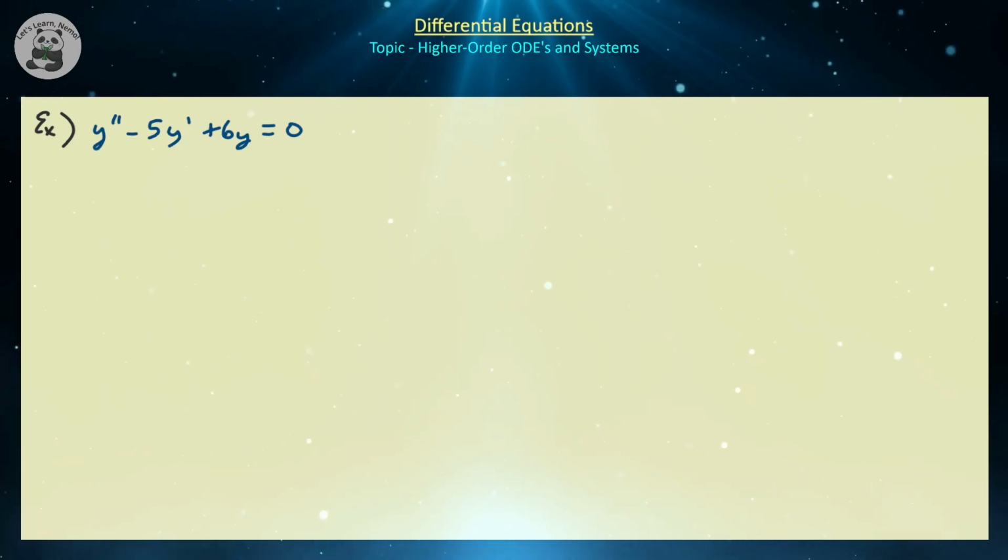Now that we see that first order systems can allow us to develop numerical methods for higher order differential equations, let's see if they can help us develop analytical solutions for higher order differential equations as well. To sort of help us guide on this little journey, let's consider a constant coefficient homogeneous differential equation to start. In particular, y double prime minus 5y prime plus